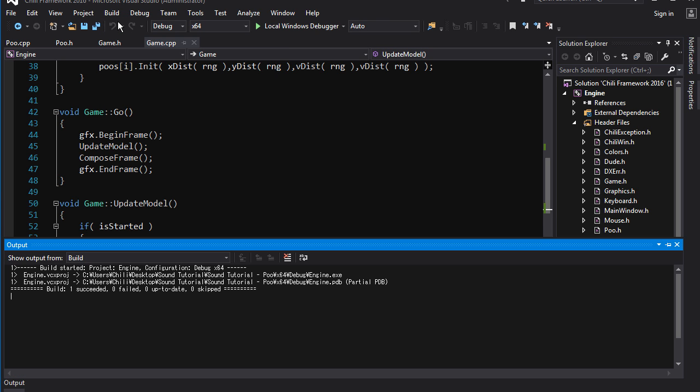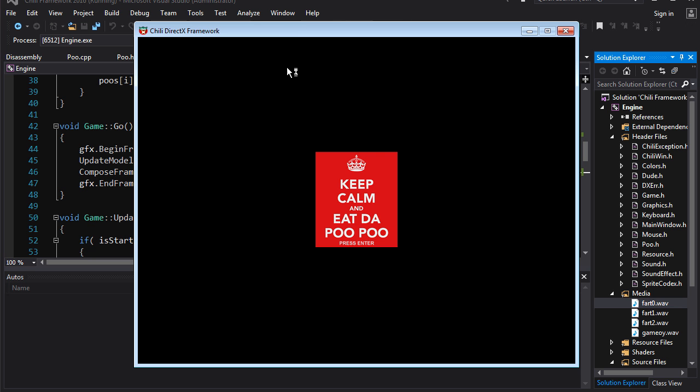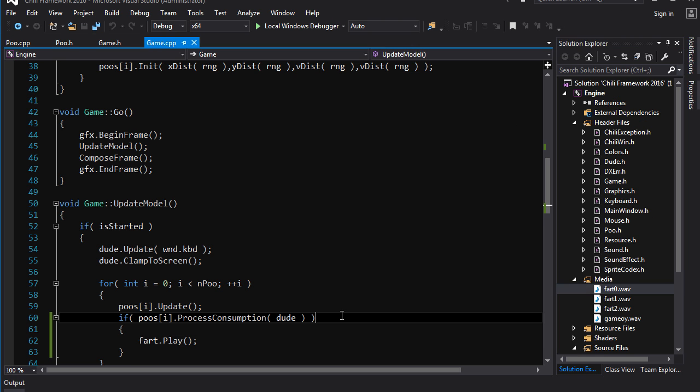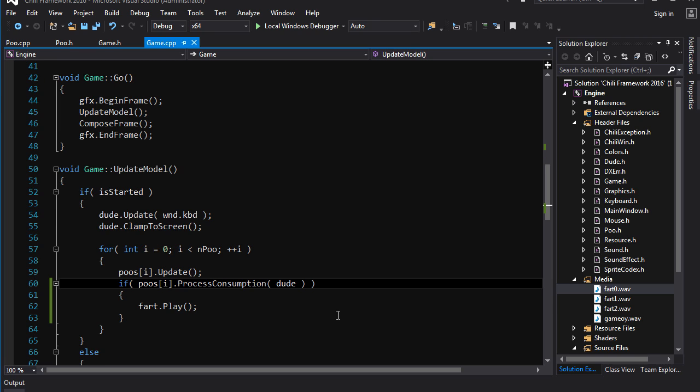We build this and let's run it. And now we got no problems. We have loaded our wave file. Now let's see if we can't get some poos. Oh shit. That was horrific. Oh god, something has gone terribly wrong. Oh, all right, I know what the problem is. It's all good. This was not expected, but